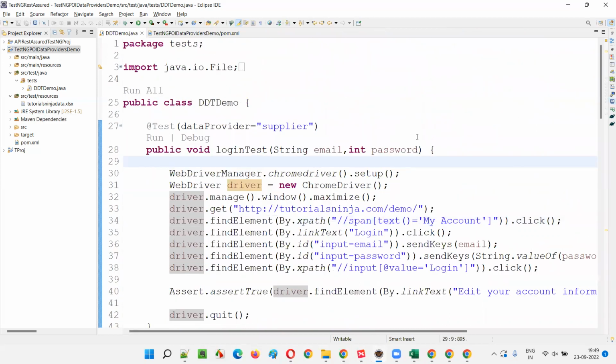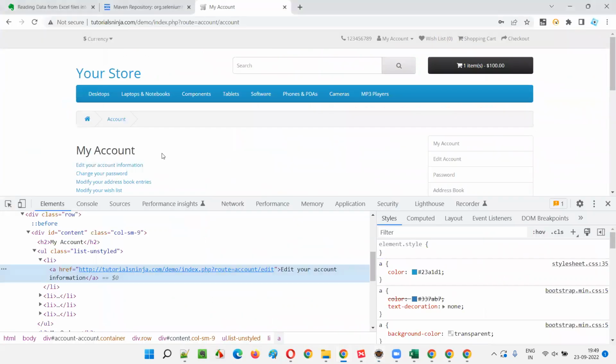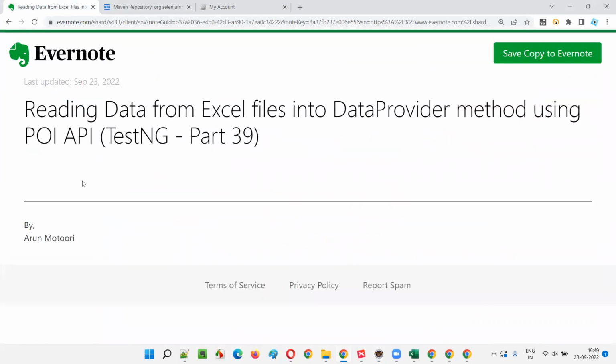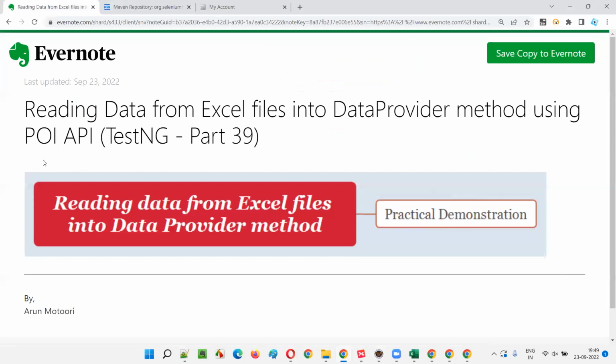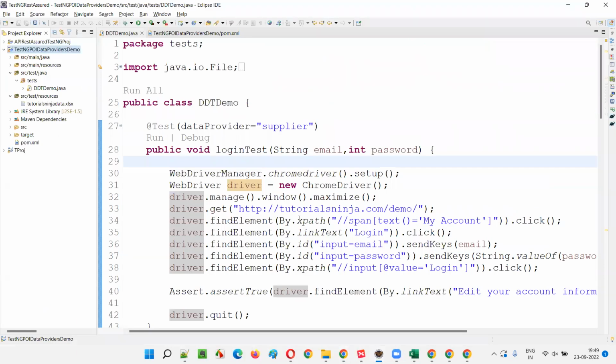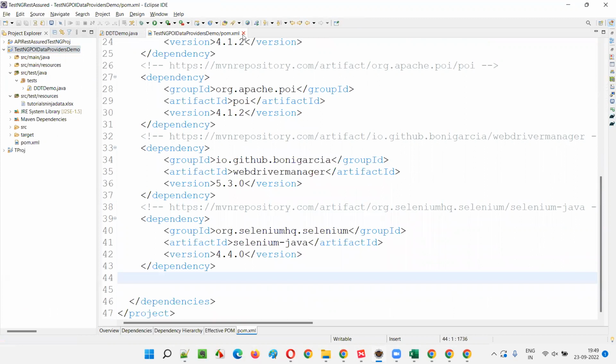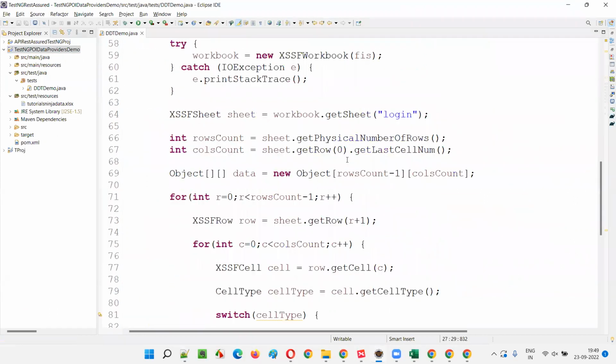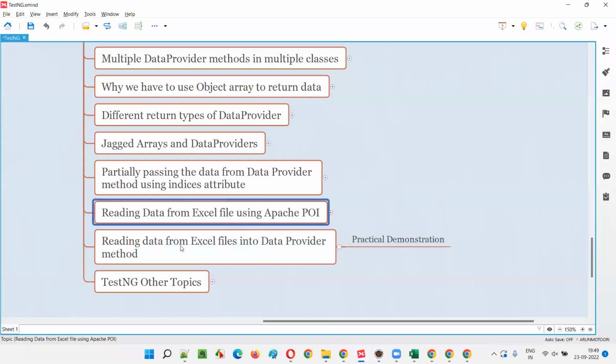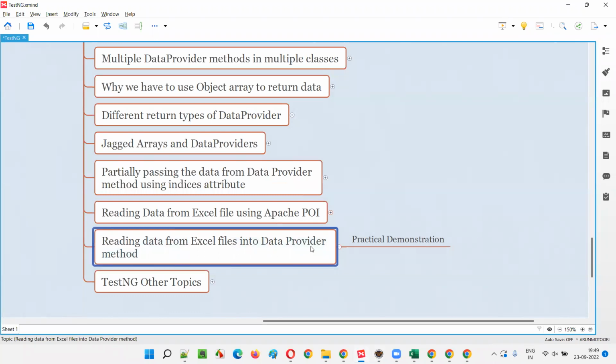Okay, guys, so I'll share this in the notes. At this moment, the notes are not updated; only the image is there. Here I'll put the project code, so you can collect the project code from the notes. Fine. This is all about how to read data from the Excel files into the data provider and